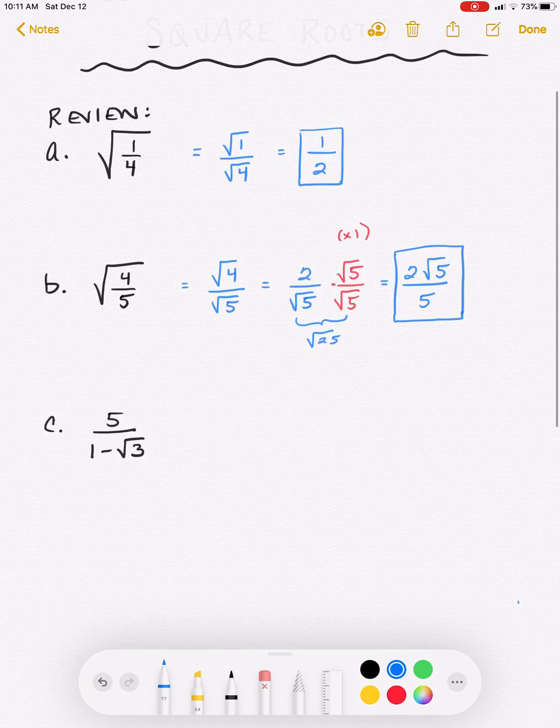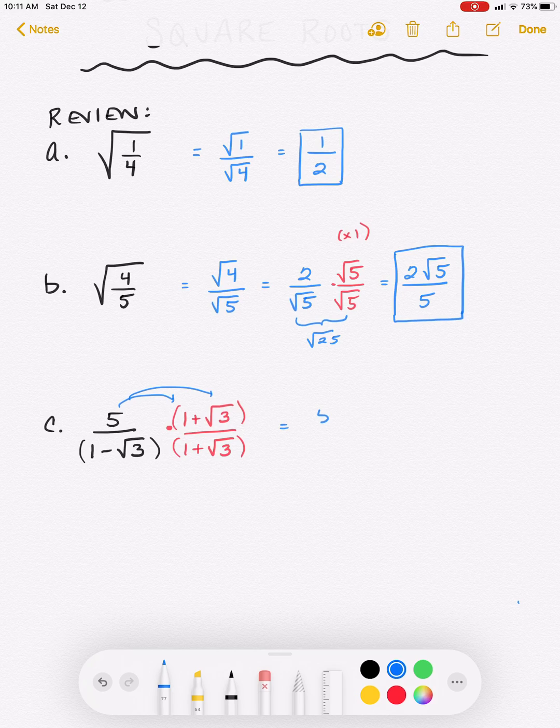Now finally, we have these problems where we have this binomial in the denominator, and this time multiplying by square root of 3 is not going to rationalize the denominator. So what we do in this case is we multiply by its conjugate. And the conjugate is those plus or minus pairs where we change the middle sign. And now we're just going to do a little bit of distributing, and here's what it's going to look like. So in the numerator, I'm just going to distribute the 5 and get 5 plus 5 square root of 3. Now the denominator, we're going to double distribute. We're going to take 1 times 1 and 1 times square root of 3, and then take 1 times negative square root of 3, and negative square root of 3 times the square root of 3 is going to be